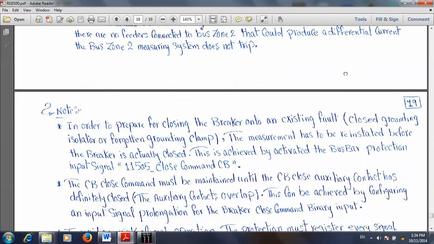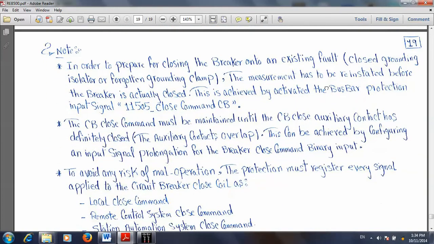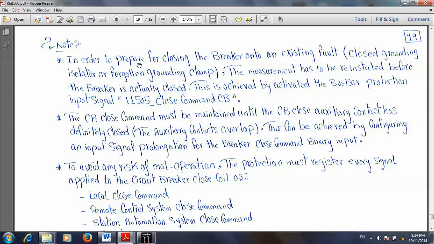Okay, so here he's telling you, in order to prepare for closing the circuit breaker onto an existing fault, closing a ground isolator or a forgotten ground clamp, the measurement has to be reinstated. The measurement of what? Of the bus section CTs has to be reinstated before the circuit breaker is actually closed. And this is achieved by activating the busbar protection signal, which is